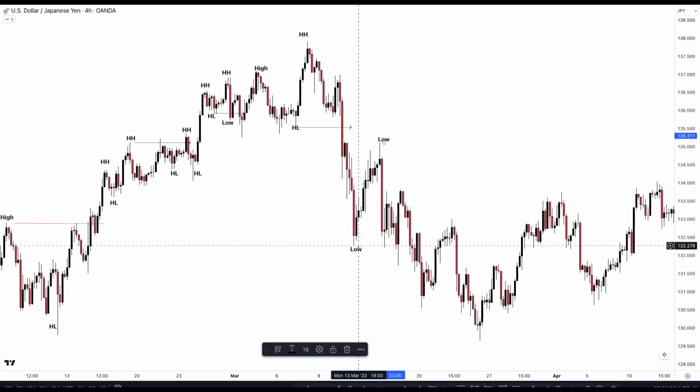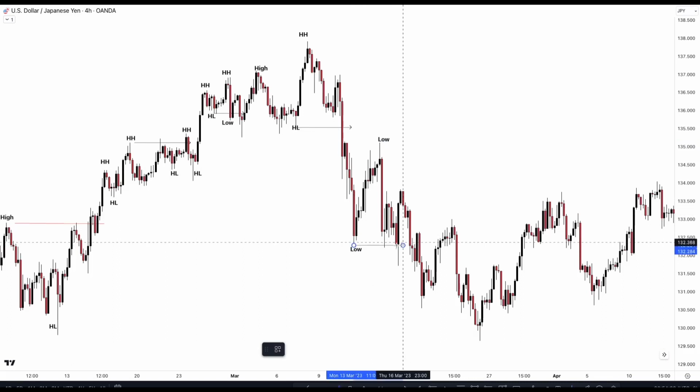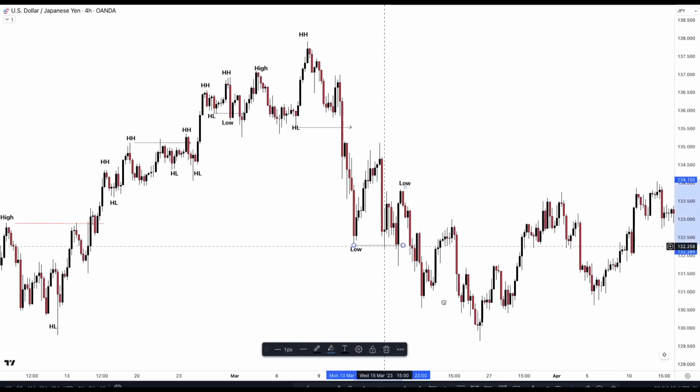I don't think that's a lower high because that's not the one that created the move. So you will get tips and tricks. You will see this is not a lower high because this never created a lower low. Here's our lower high just down here when price created a new low,